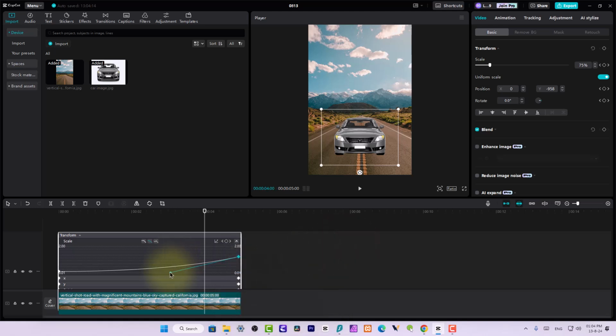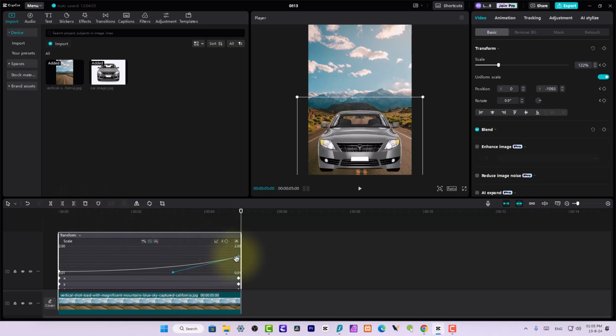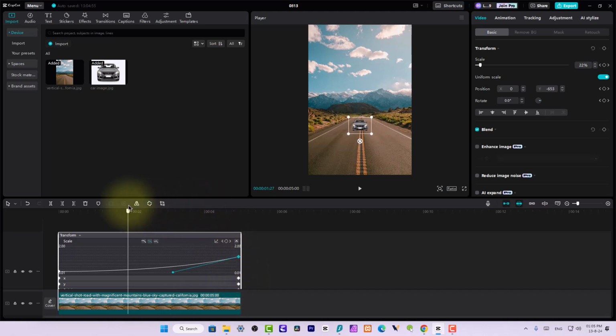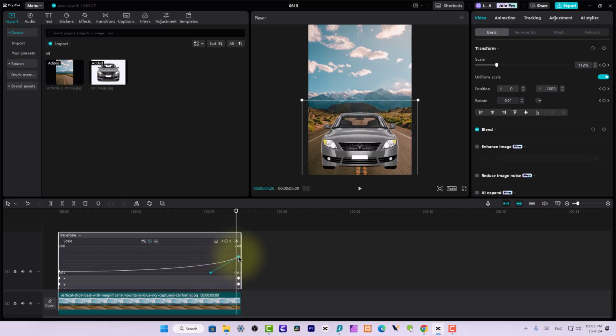And you can also make use of this graph and the handles that you get, and this also works the same. This graph gives you more precise control over the animation, and let's see how it looks. So now you can see that it is getting faster as it reaches. From here we can make it more down like this, but we need a bit fast animation,